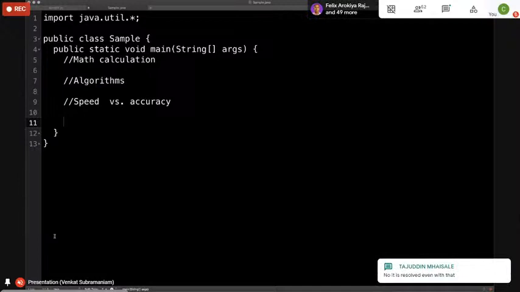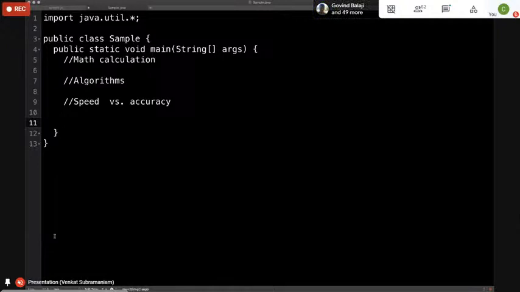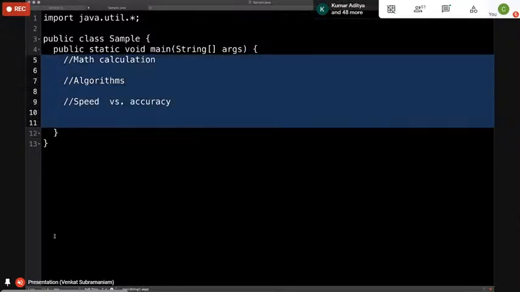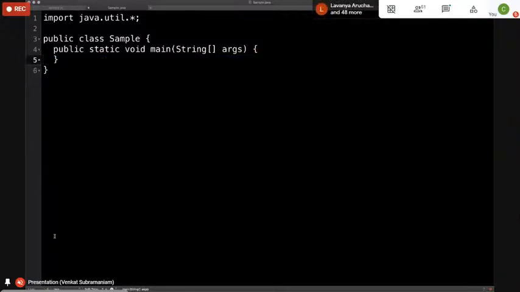So what they would literally do is, in the application, at the very top, they would have a little drop down, and they would click on the drop down and select speed, or they would click on the drop down and select accuracy. Based on what they select, we will switch the strategy that we are using. So it may be in a speed strategy or an accuracy strategy. How do we actually do that? I'll give you an example of how we can accomplish it with a little example here.